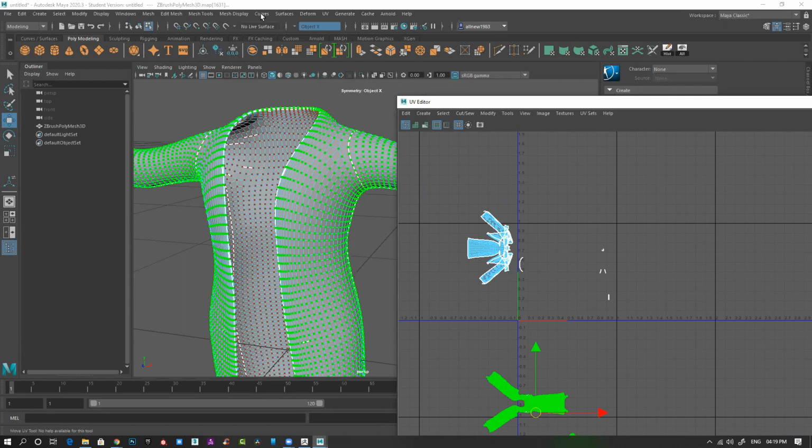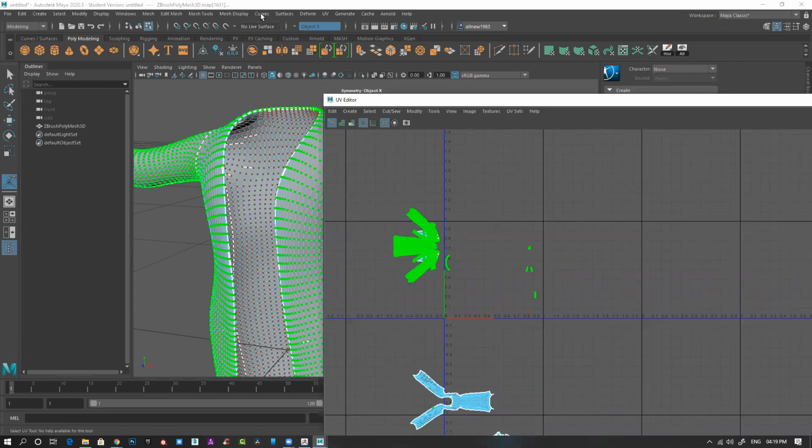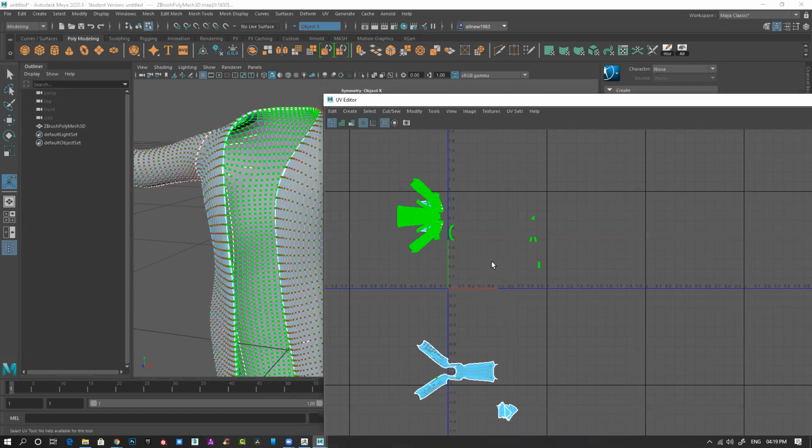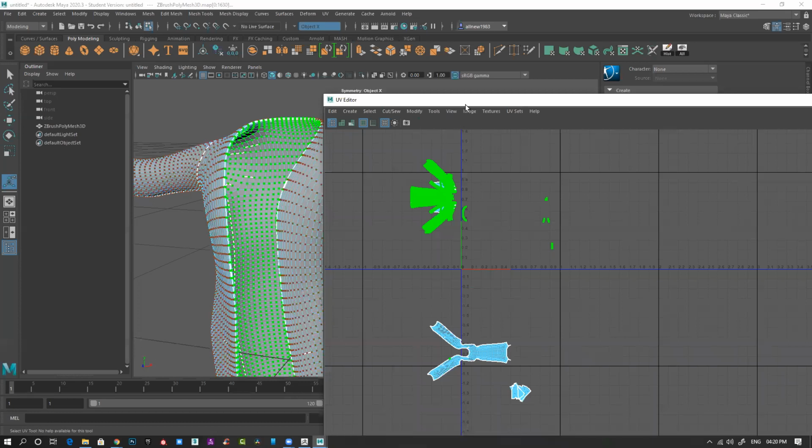It will start moving again. Okay, working again. So this inside area is not required. So I'll just select it and okay. I have to move it.